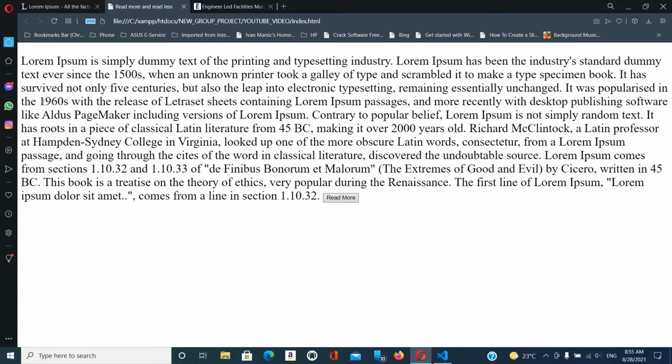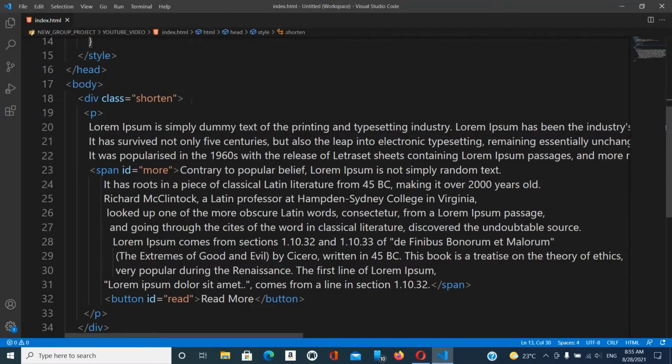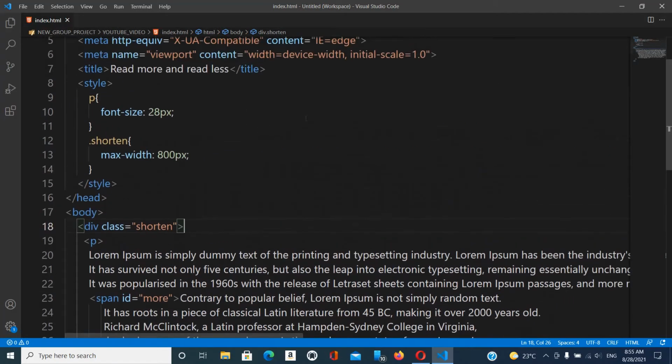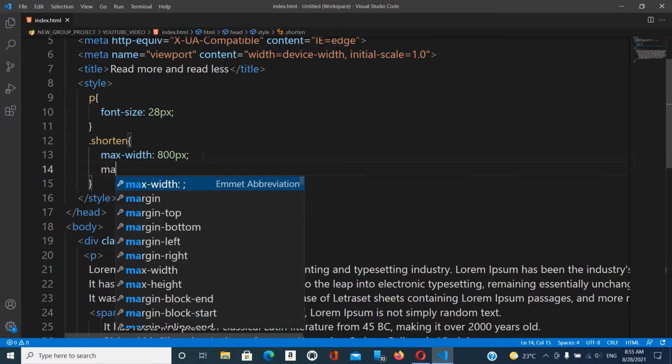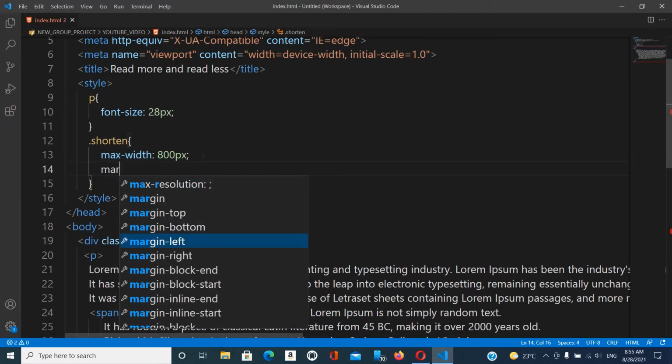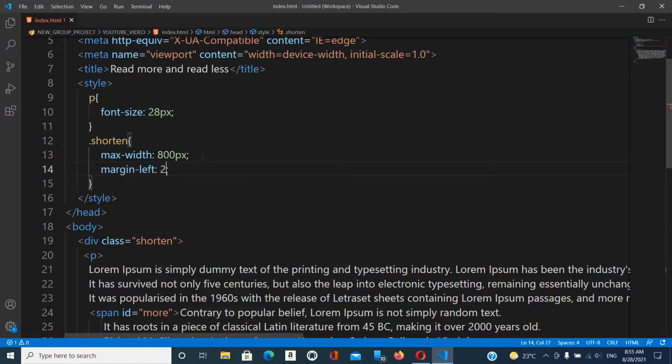So I will say, let me go back. So now that I have a maximum width, which is max 800, then the margin left, as I said before, 250